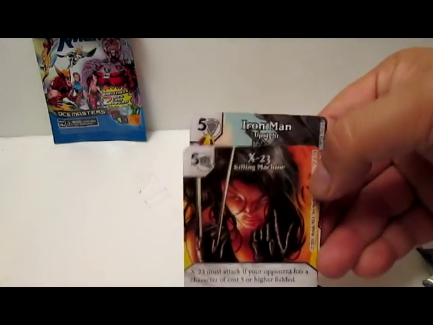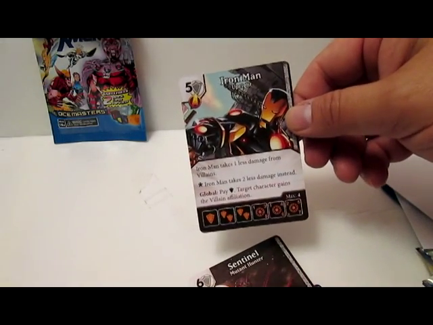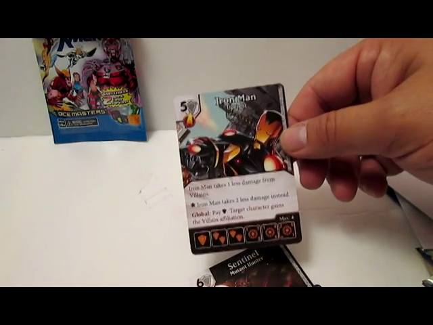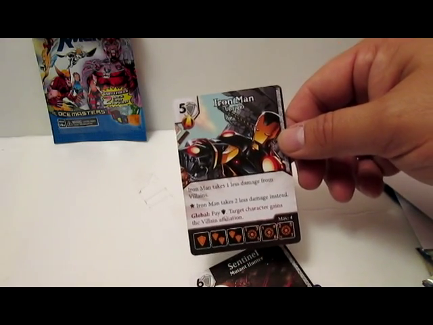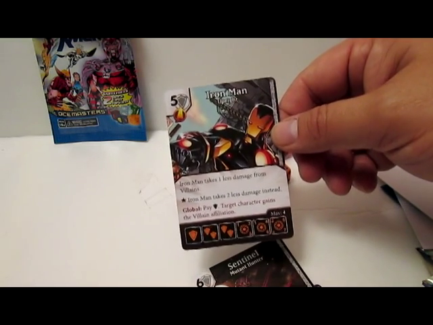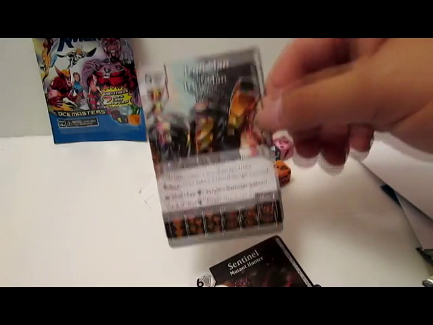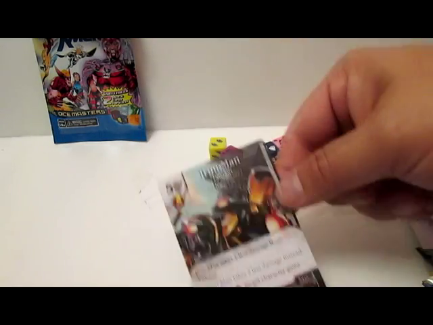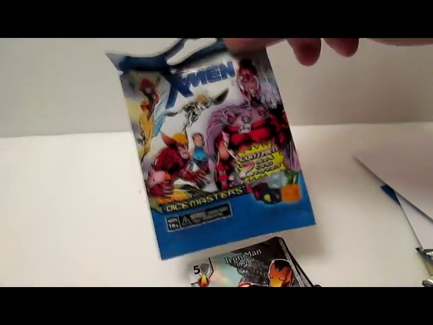And then we have Iron Man Upright. 5 in his shield. It's Avenger. For a common, Iron Man takes 1 less damage from villains. Burst is Iron Man takes 2 less damage instead. Global, pay shield. Target character gains the villain affiliation. This is the guy that goes into science villains. Bam, you're a villain, you're a villain, you're a villain. Then he takes less damage from them. So, pretty strong. And of course you pair him up with War Machine,